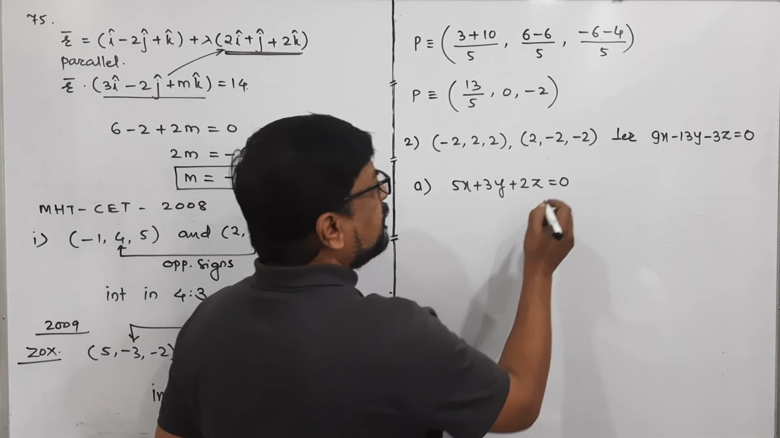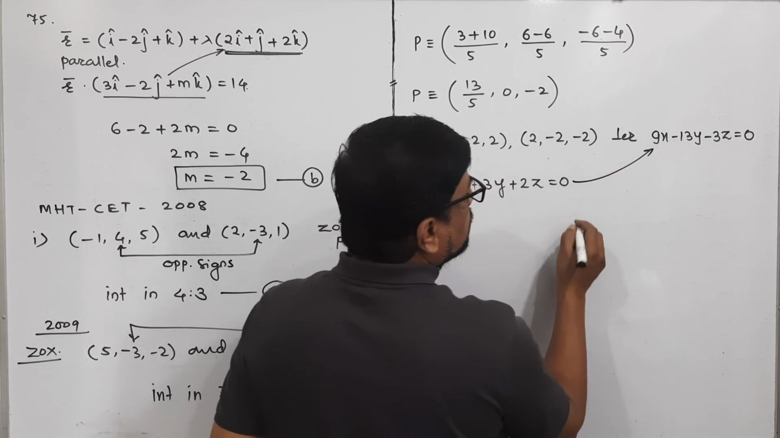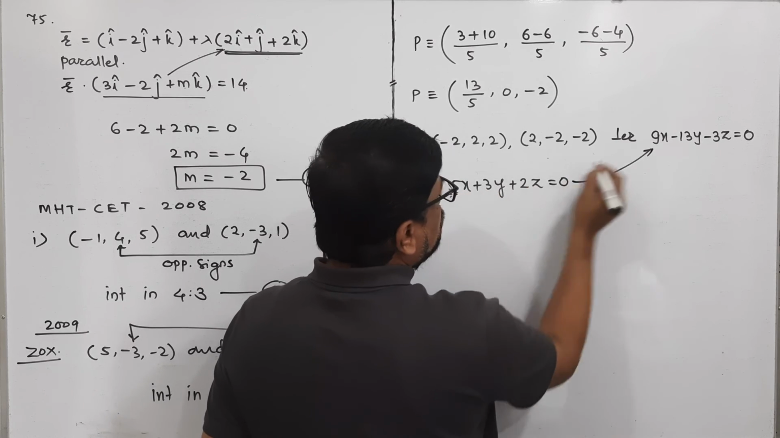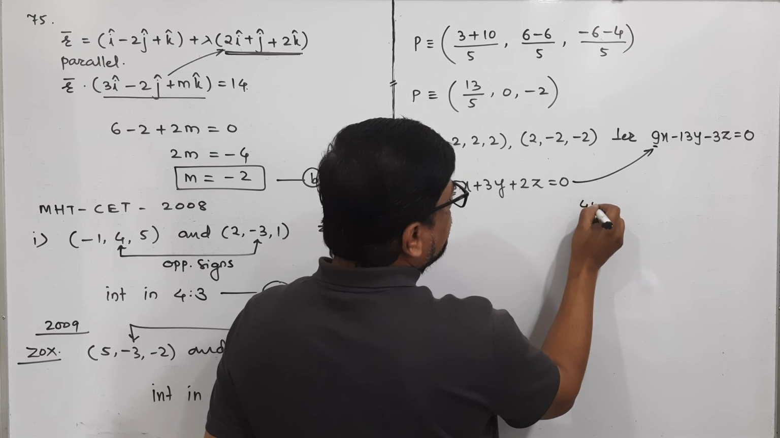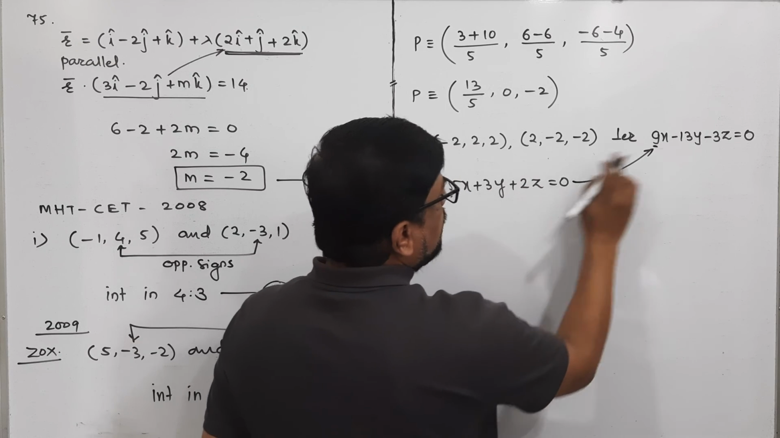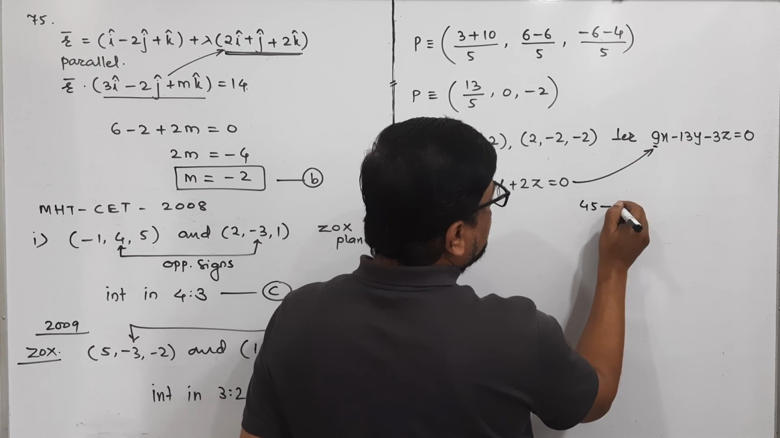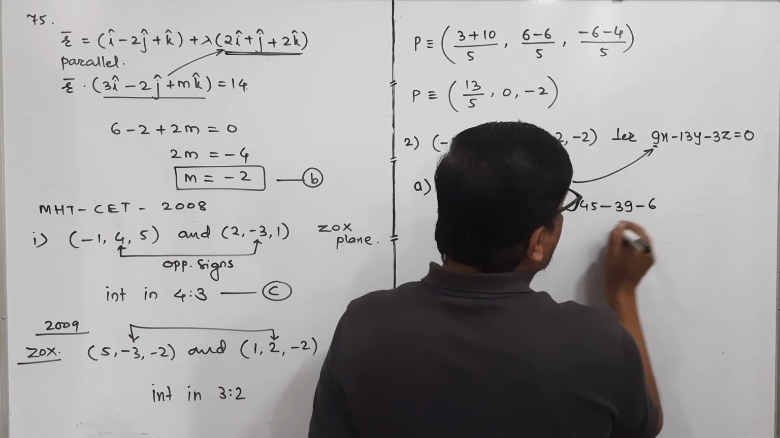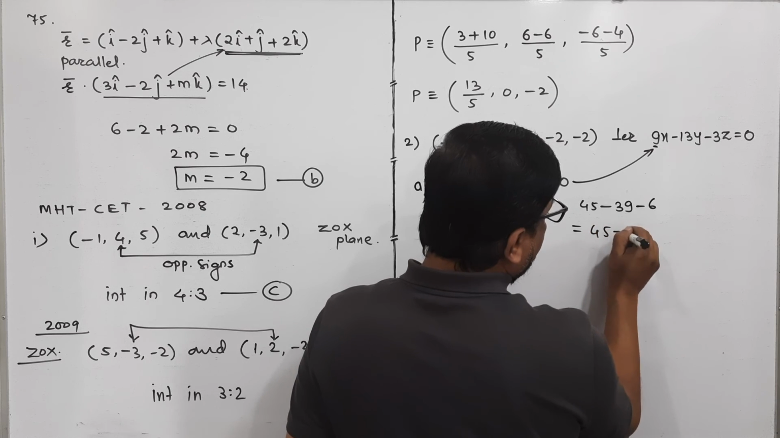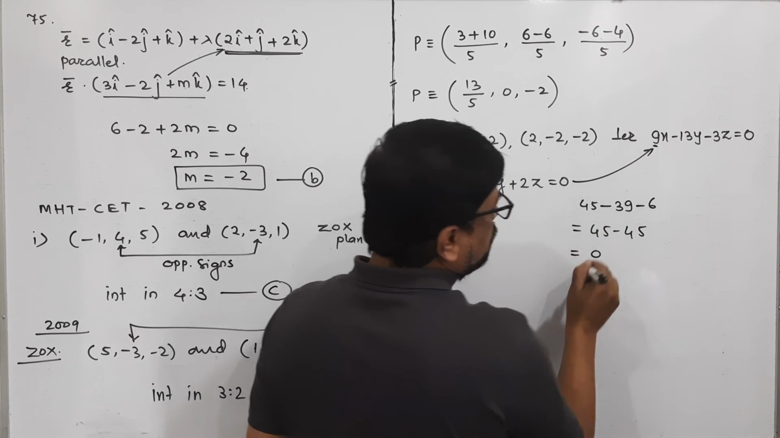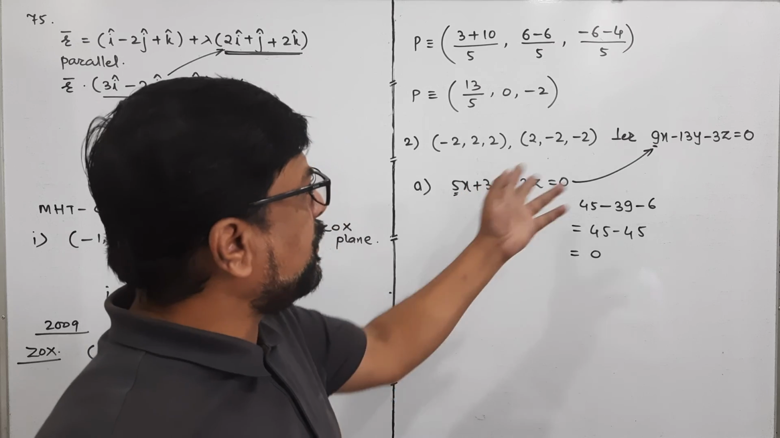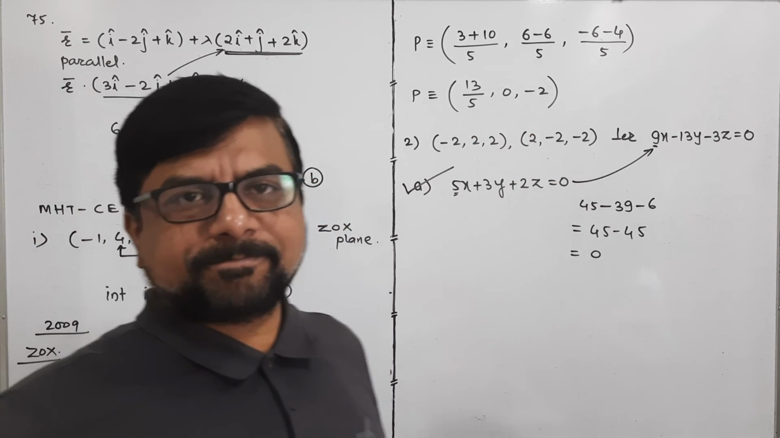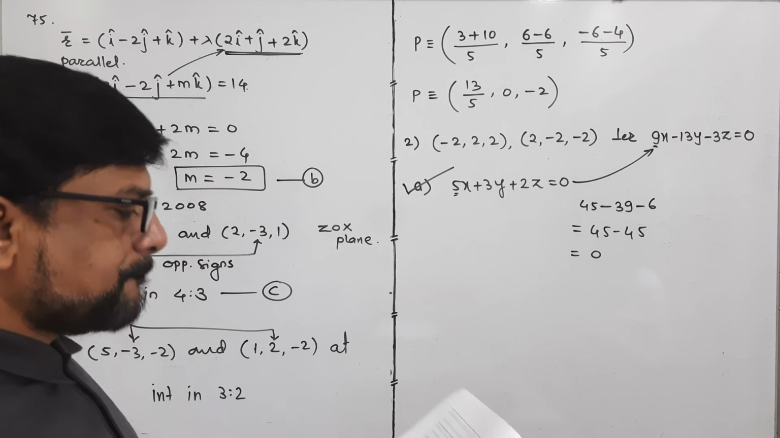Now just we have to check whether these are perpendicular or not. Means take this dot product. We have it is 5 into 9, that is 45, minus 3 into 13, minus 39, and 2 into minus 3 is minus 6, is equal to 45 minus 45 is equal to 0. Means dot product is 0, means they are perpendicular to each other. Means your option A is the correct option here. समझ में आ रहा है आपको? चलो नेक्स्ट क्वेश्चन